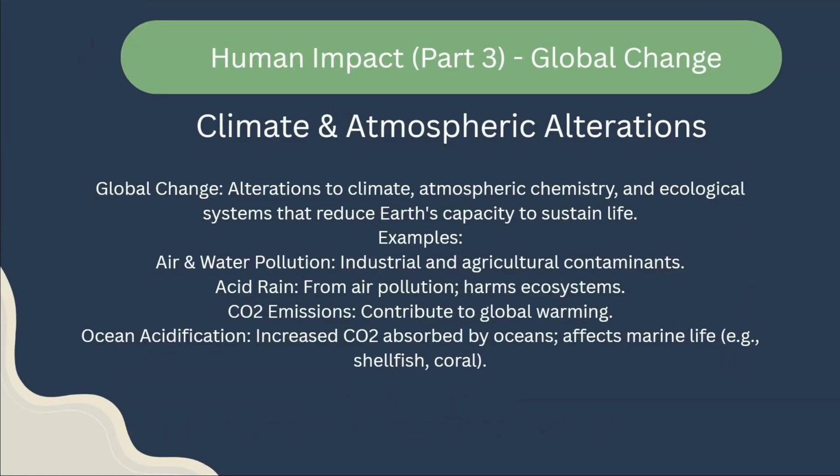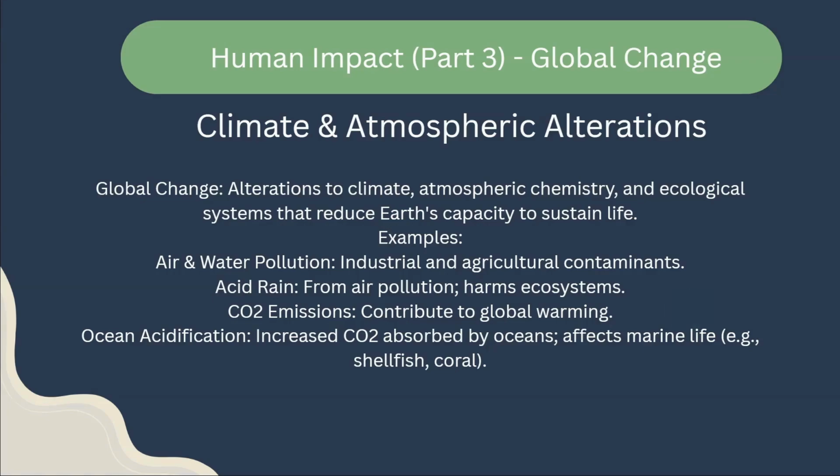Global change, climate and atmospheric alterations. Global change alters the climate and atmospheric chemistry and ecological systems that reduce Earth's capacity to sustain life. Some examples are air and water pollution from industrial and agricultural contaminants, acid rain from air pollution which harms ecosystems, CO2 emissions contribute to global warming, ocean acidification is when increased CO2 absorbed by oceans affects marine life, like shellfish